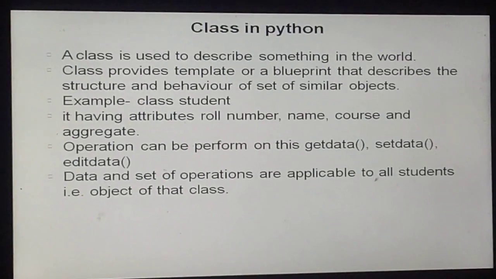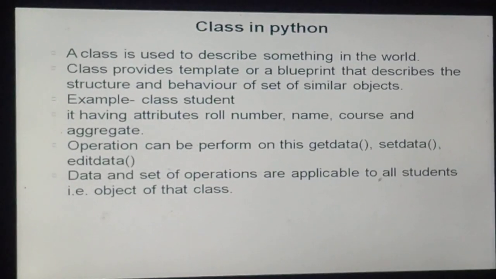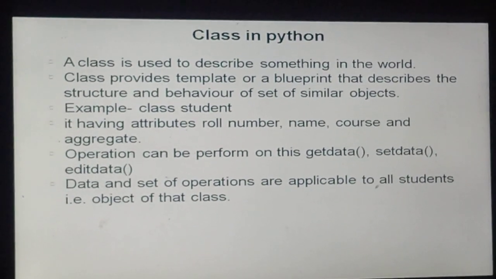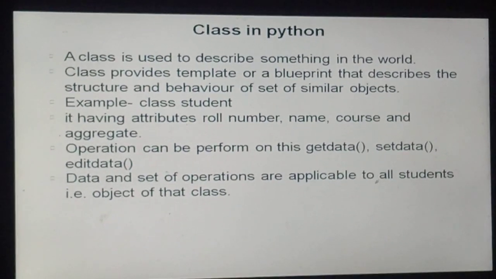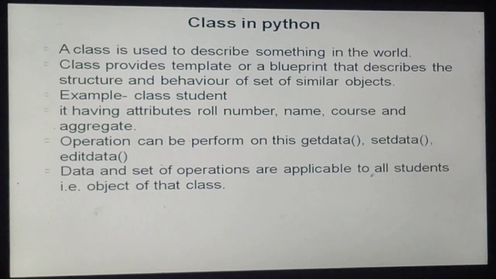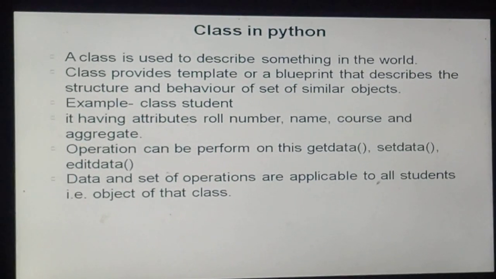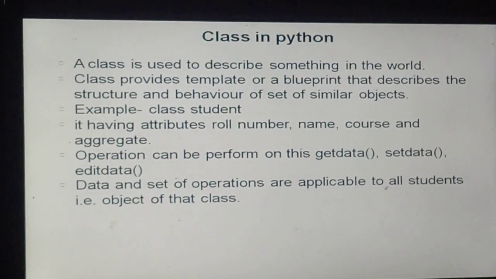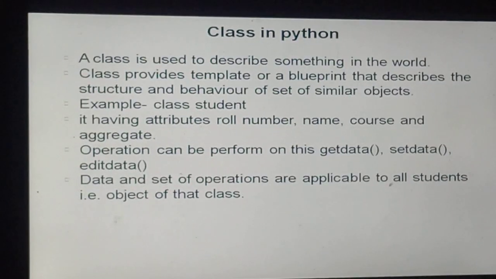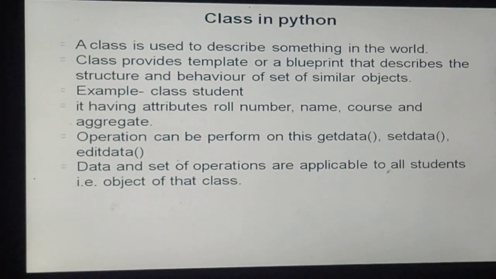Okay. So, as in the earlier lecture, I have already discussed what a class is. Let's just take a revision of it. A class is defined as a collection of objects. It is logically an entity that has some specific attributes and methods. As we have already discussed how to define a function, to define a function we use the keyword def. Similarly, to define a class we use the keyword class. So the class keyword is used to define a class in Python.